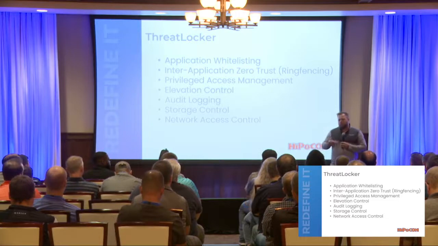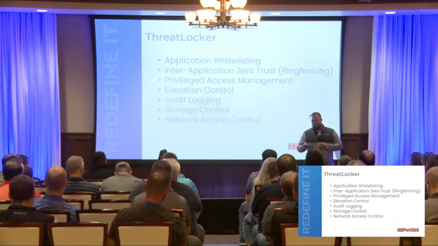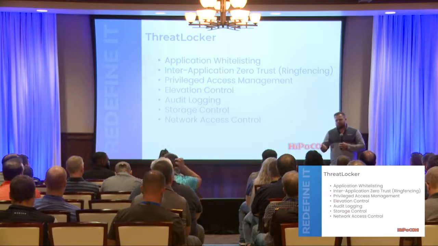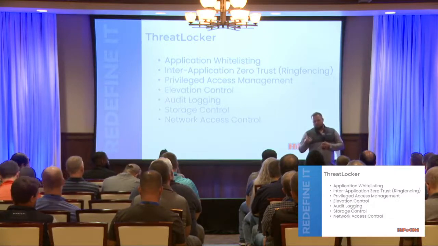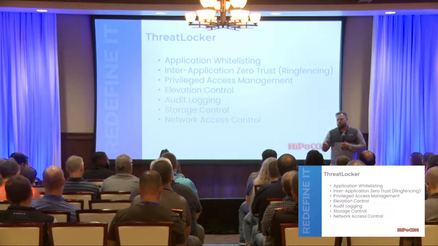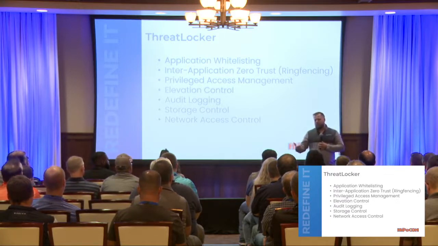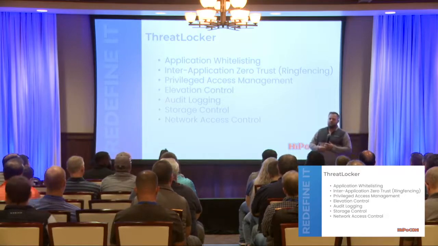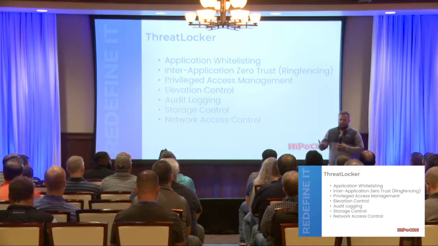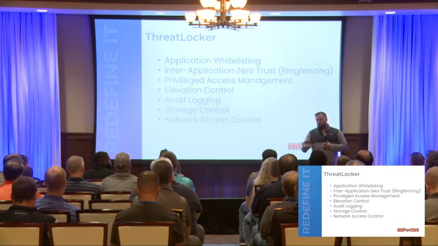But moving into other things, we've got privileged access management. I'm going to combine these two, that elevation control and privileged access management. We've now defined what Chrome can and can't do. What happens when your users get into a situation where they need to do something that might be outside of the bounds that we've set for that application? That's where we get into this elevation control and privileged access management. If your users need to access something that isn't currently available to them by policy, they have the ability to request access to that. We can then provide that, and this is where we get into that elevation control.